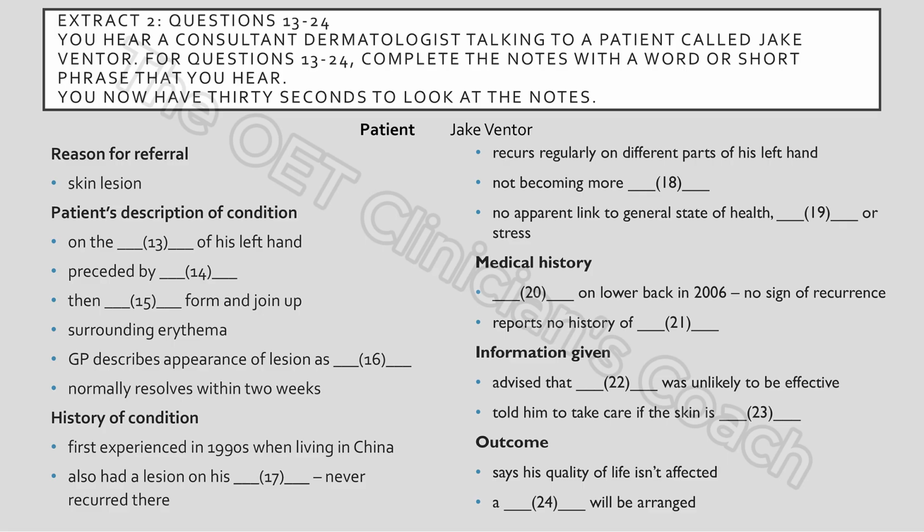But the one on my hand, that comes back every year or so, but never in exactly the same place. I thought it had sorted itself out because I didn't get it for a couple of years, but then it came back. Right. So there's no pattern. It's not getting more frequent or anything, and it doesn't seem linked to anything in my daily life. Like it doesn't seem to happen when I'm run down, for example, or because of anything in my diet, or if I'm under a lot of pressure at work, that kind of thing.